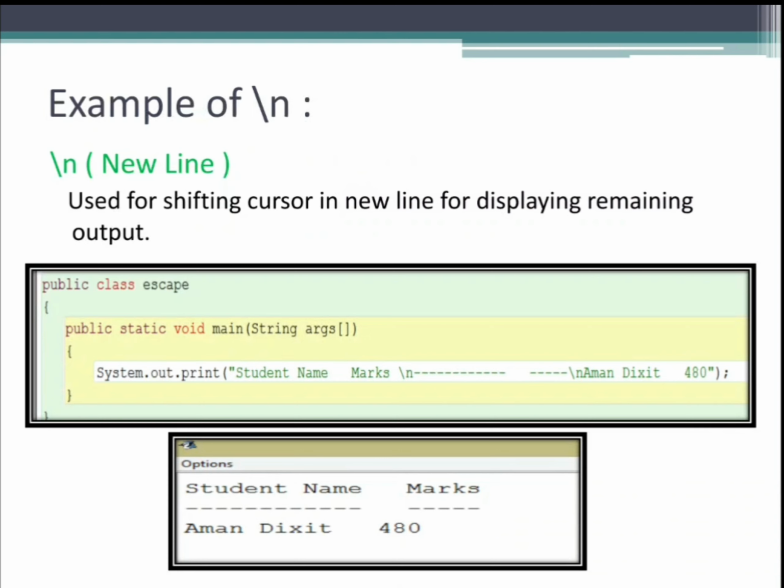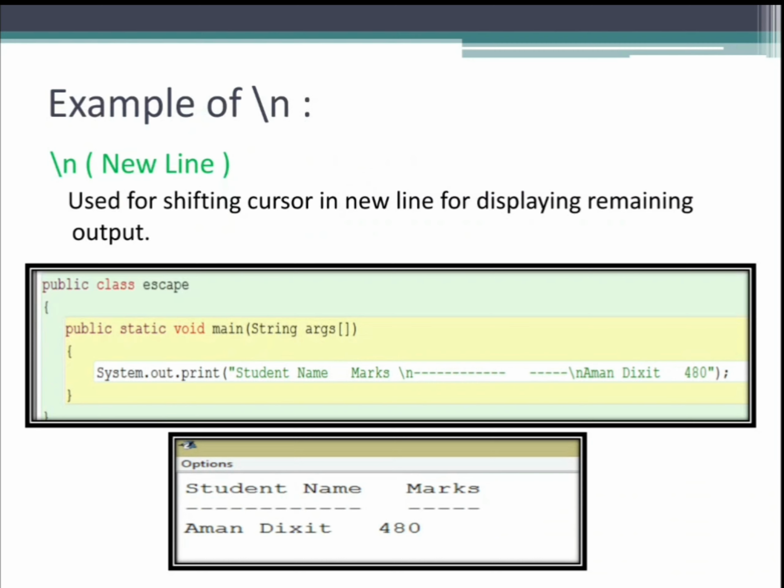And then I want the heading to be displayed first. Then I want to change the line, but here I am not using println because I want to show you the role of backslash n. Backslash n is the same as println, used to show the next line, to shift the character to the next line.